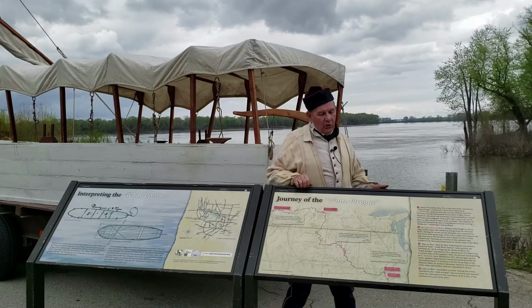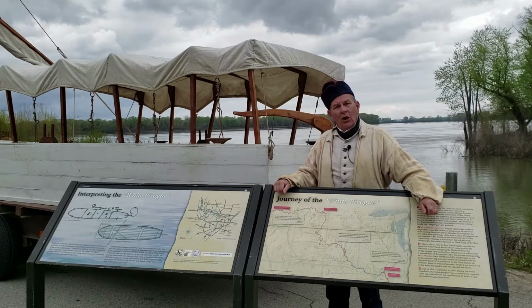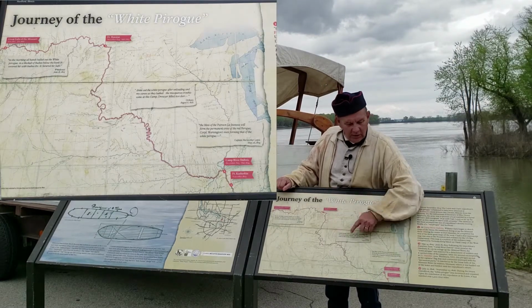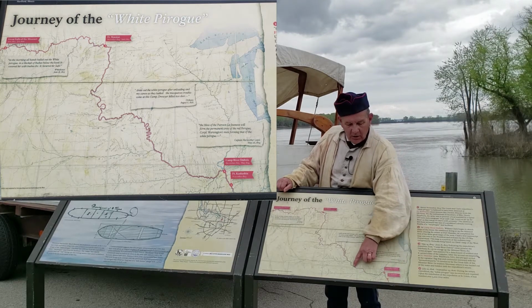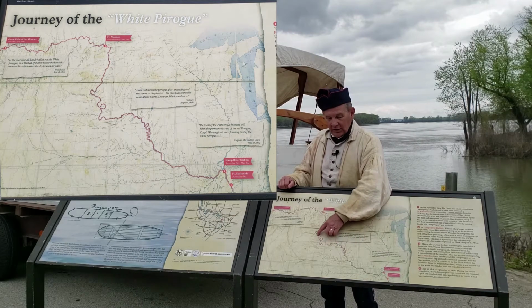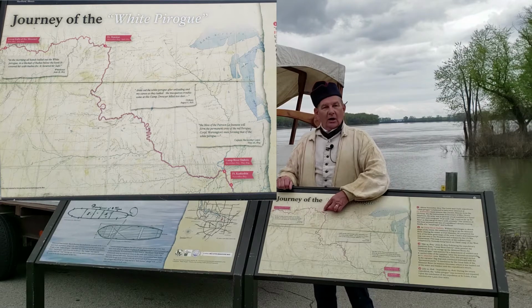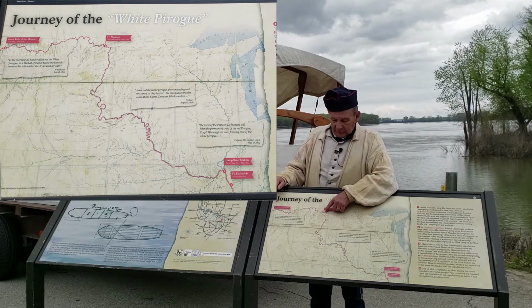Now the White Pirogue, the Red Pirogue, and the keel boat left Camp River Dubois on May 14, 1804. On this map you see before you is a map showing Camp River Dubois here, and they left on May 14th, and they're going up this river. They're rowing, they're poling, they're sailing, they're cordelling, month after month after month. Makes me tired just talking about it, but they're working hard to get it all the way up the river